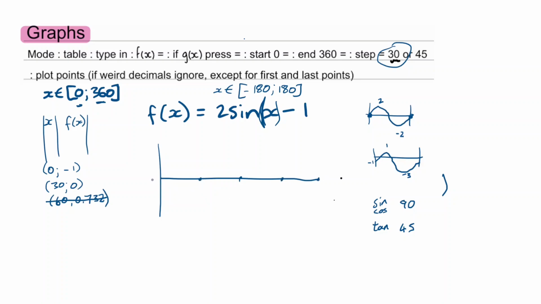This is what I would do in an exam unless they gave me grid paper. Here's my basic points, and if I scroll down quickly, it goes up to 1 and it goes down to minus 3. And so all I'm going to do is just plot these points. So 0, minus 1, there's the first point. And this is just teenage version of dot to dot. 30 and 0, weird point, 90 and 1,